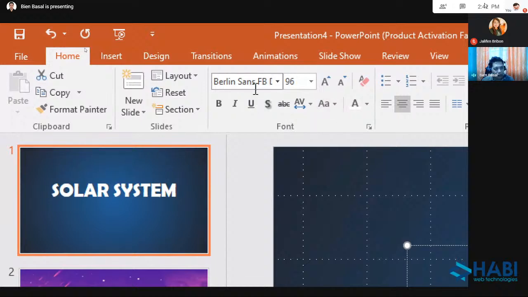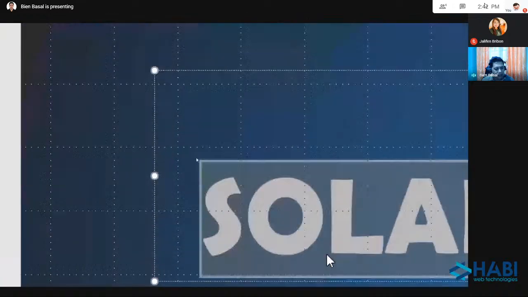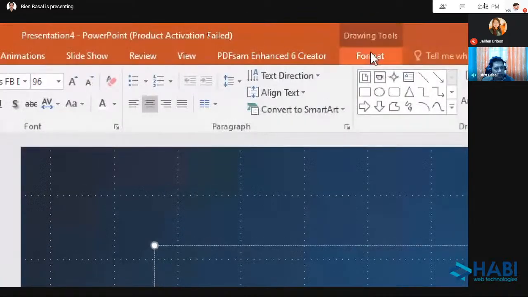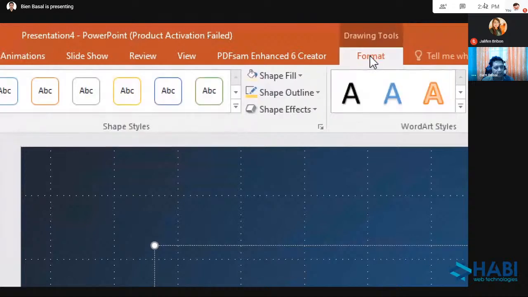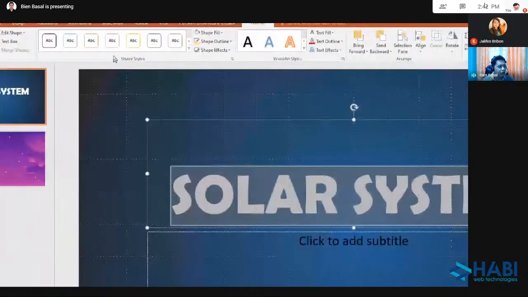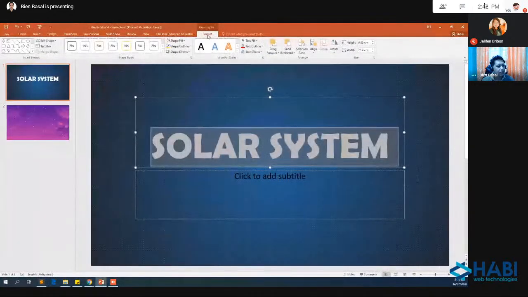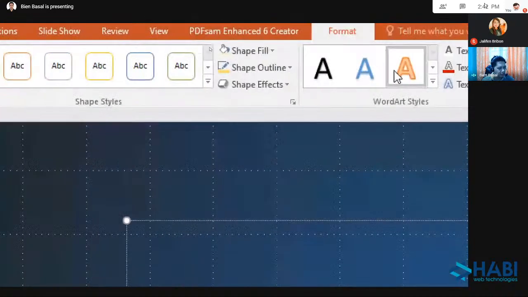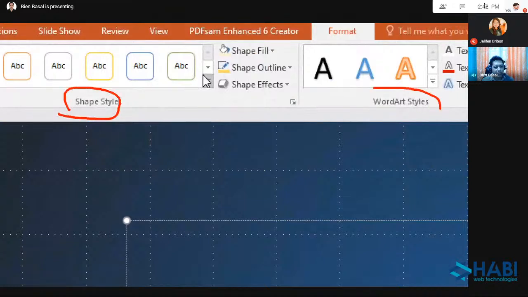While your text is selected, focus here in the Format tab. If you're in the Format tab, you have this section. I will explain the Shape Styles section and the WordArt Styles section.